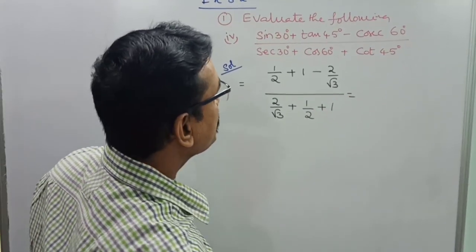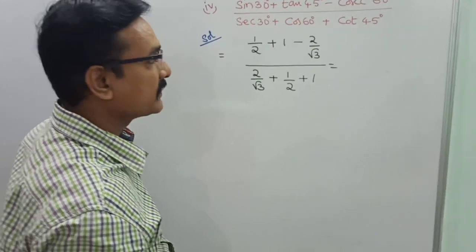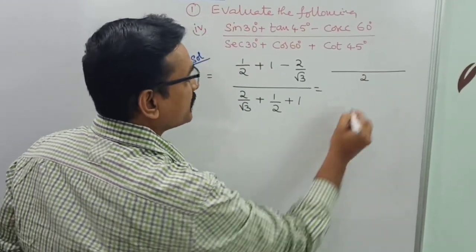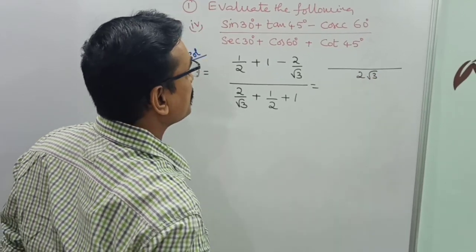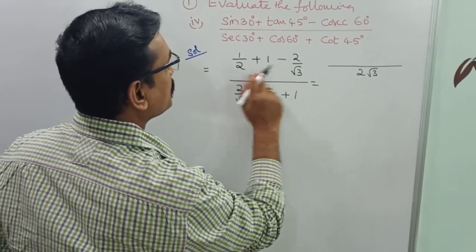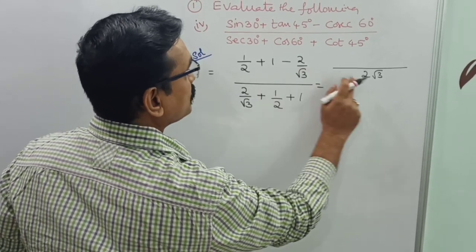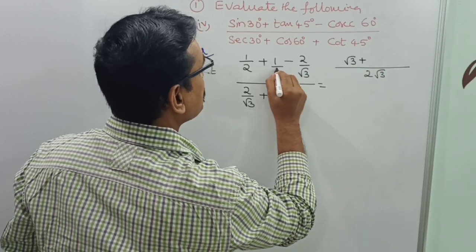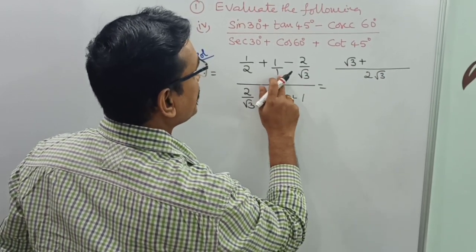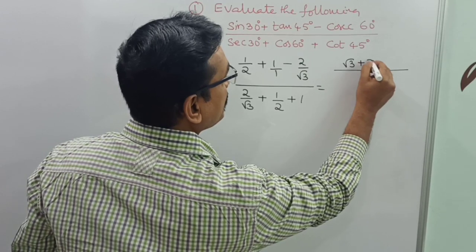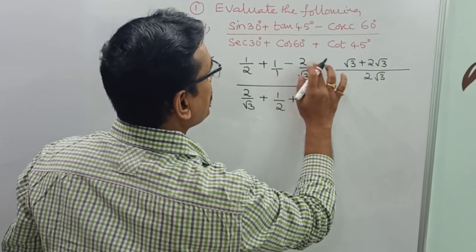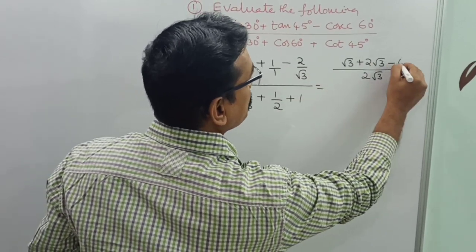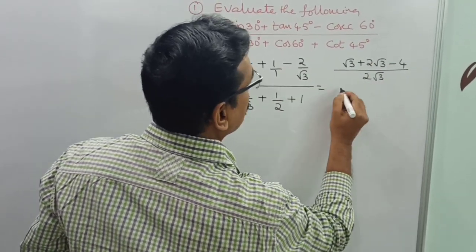Now simplify separately in the place of numerator as well as in the place of the denominator. So find the LCM. 2 root 3 is the LCM in the place of numerator. Now 2 gets cancelled. Root 3 plus, denominator is nothing, that is 1. So directly multiply. You will get 2 root 3 minus 2 by root 3. Root 3 cancels, 2 2s are 4, minus 4 by